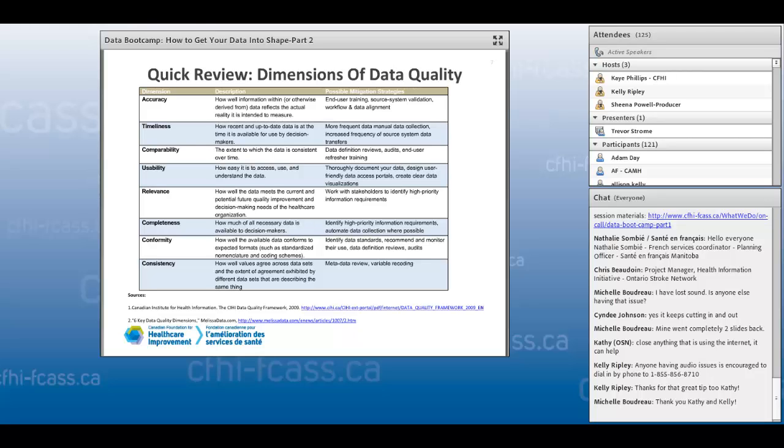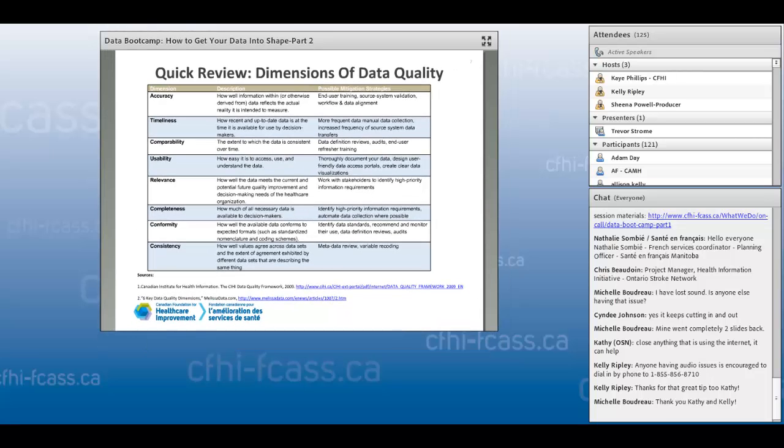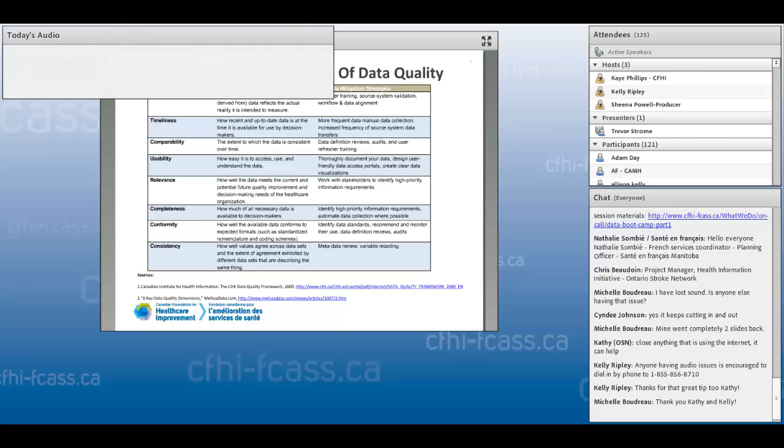And so while we're chasing our tails trying to achieve high data quality or perfect data quality, we're going to be missing the boat in terms of achieving important healthcare improvement initiatives. I'm not going to go through these all in detail one by one, but it's really important to remember that data quality manifests itself in many ways, and some of the ways that we look at data quality include